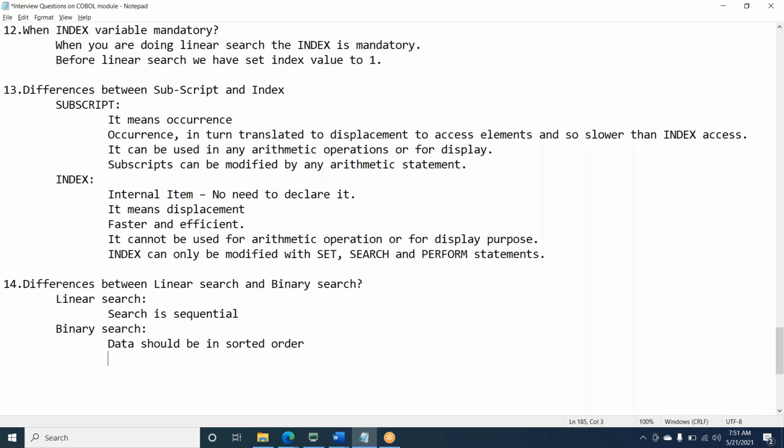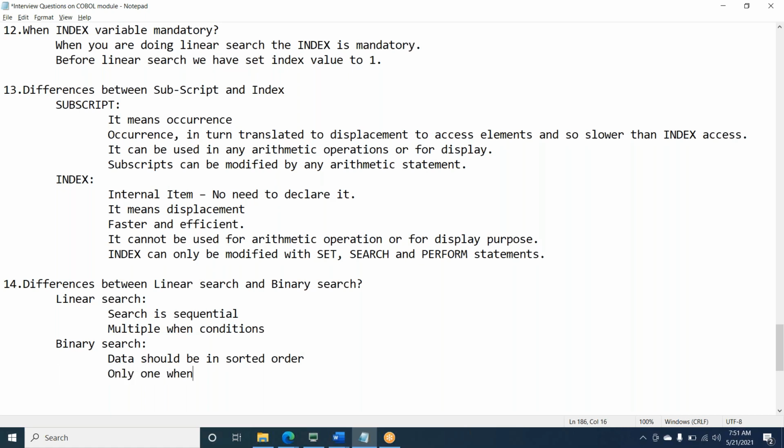Sir, in linear search, multiple WHEN conditions hold? Yes, we can have multiple WHEN conditions. Here only one WHEN condition is allowed.